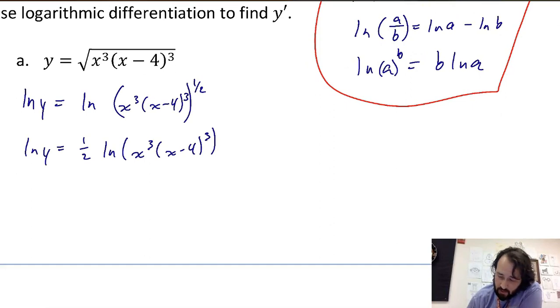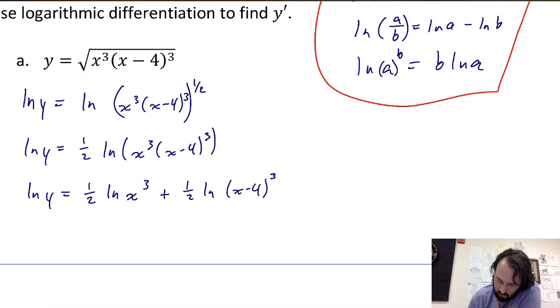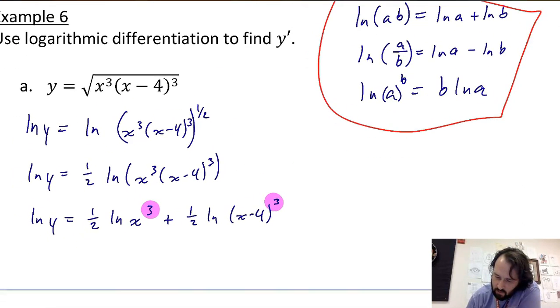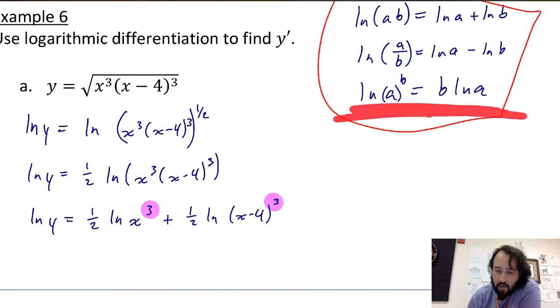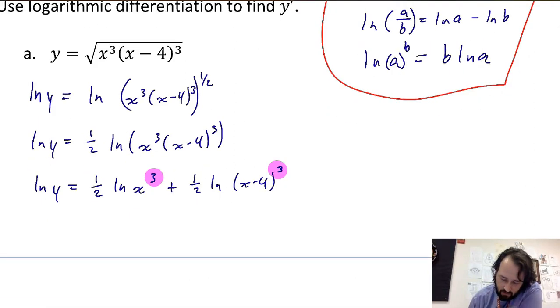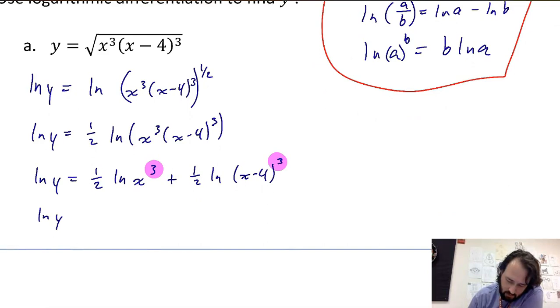With that multiplication, I can make it addition. And then check it out. I have some exponents. I have a 3 there and a 3 there. With that property right there, I can bring that 3 in front. So that 3 times that 1/2 would be 3/2. So really what I want to do